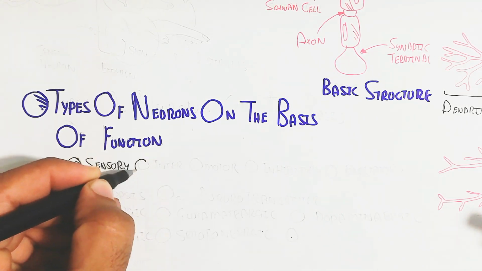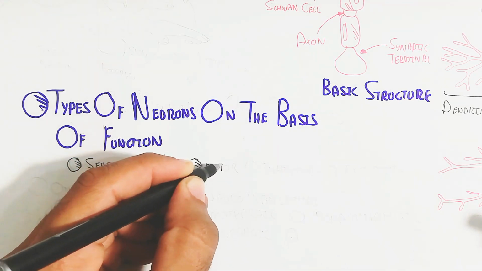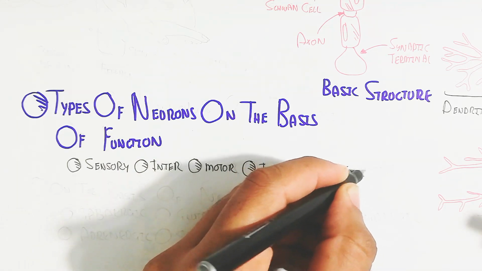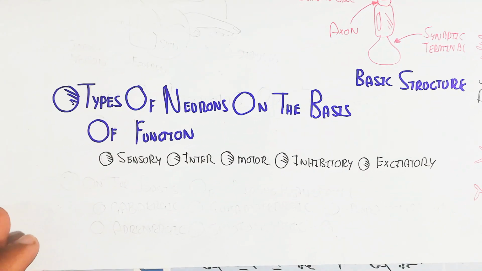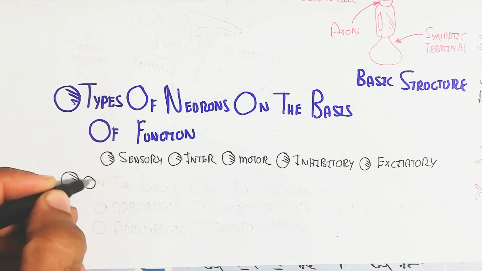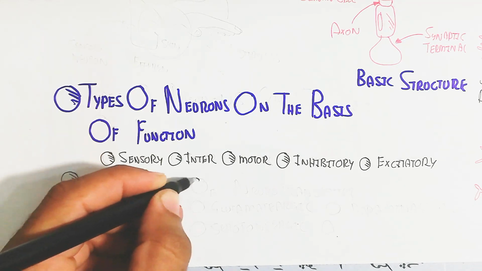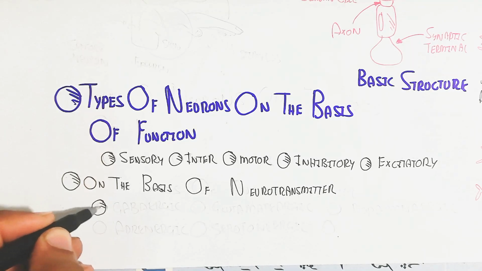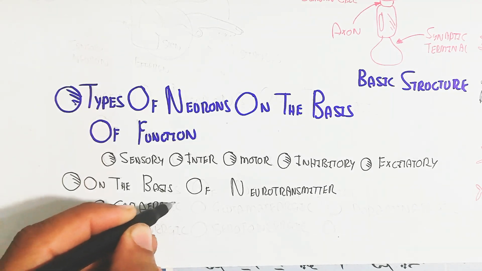Types of neuron on the basis of function. The synaptic terminal releases the neurotransmitter, remember. The types of neuron on the basis of function are sensory, interneuron, motor, and inhibitory or excitatory on the basis of sensory or motor. On the basis of the neurotransmitter, if we discuss,